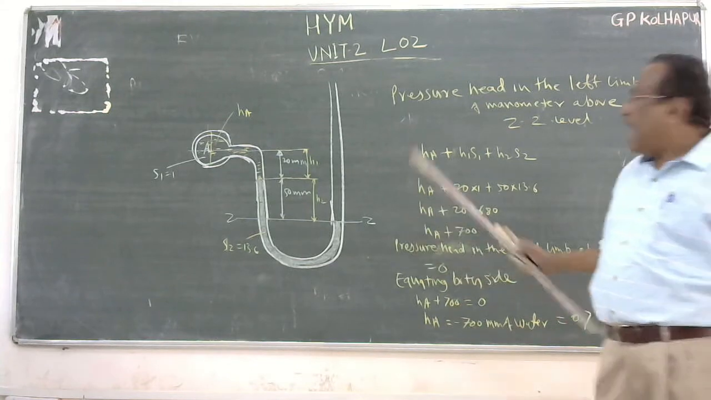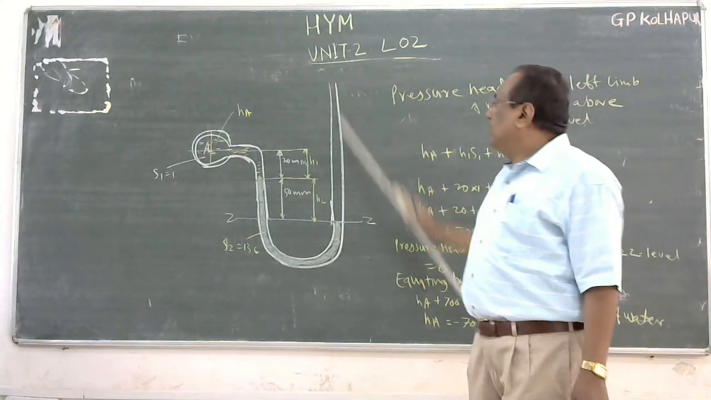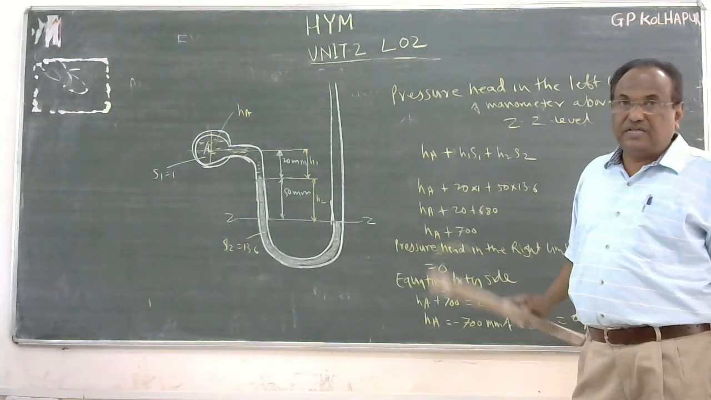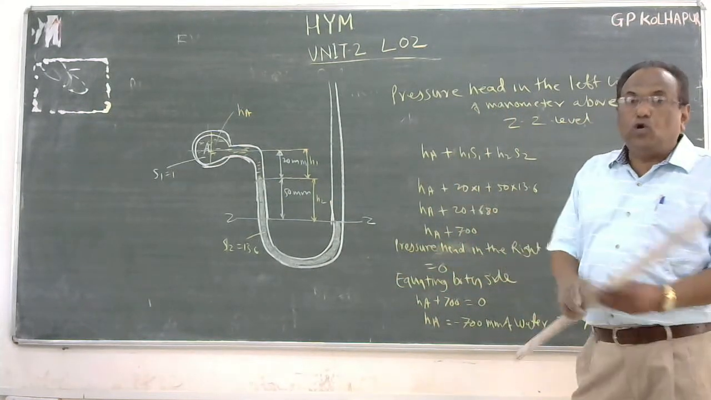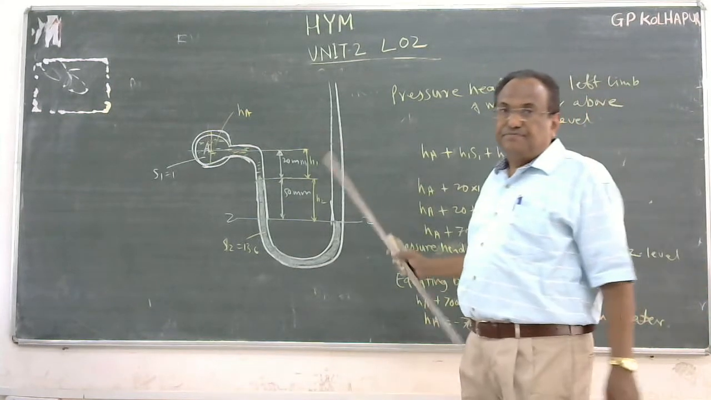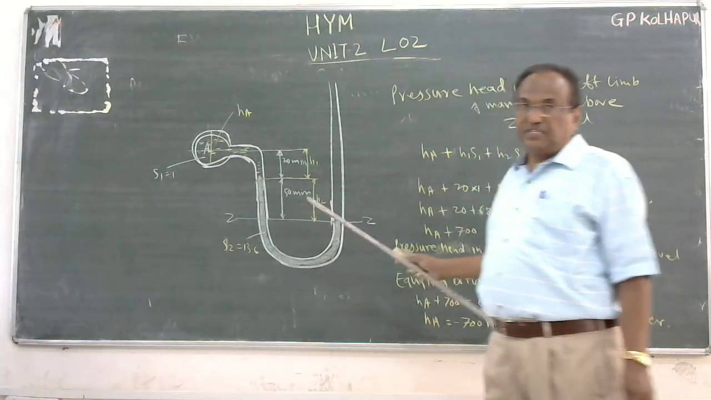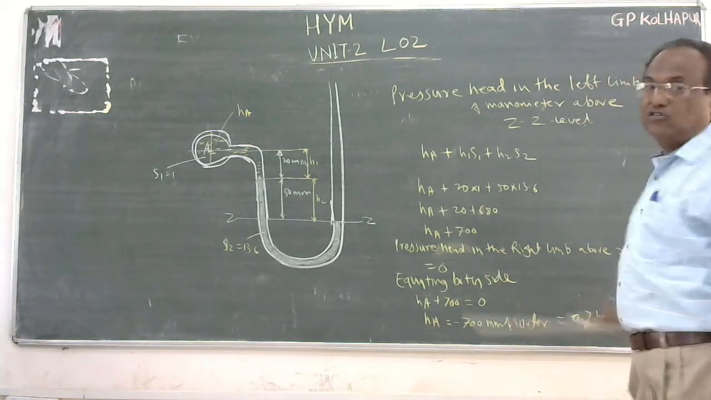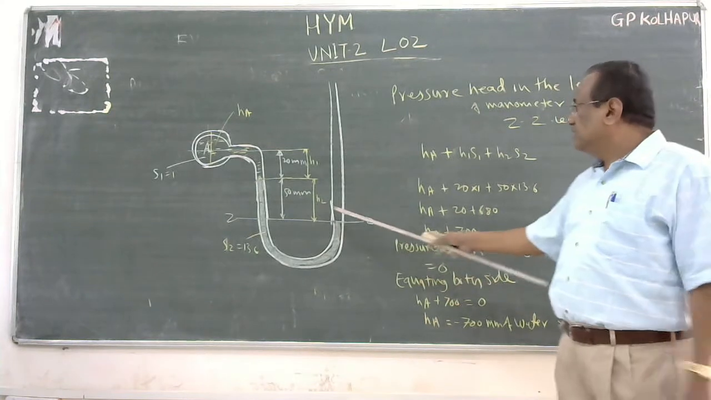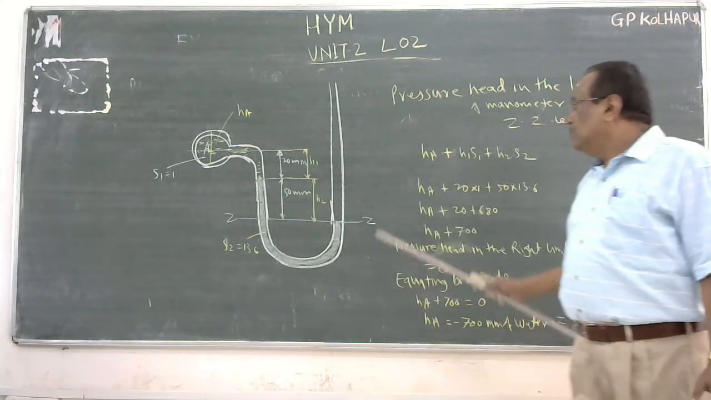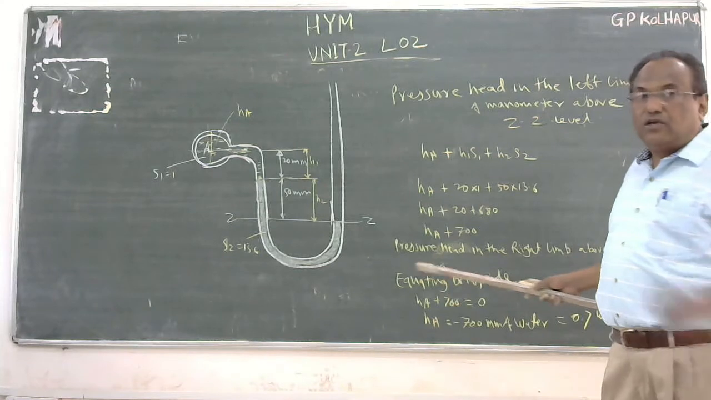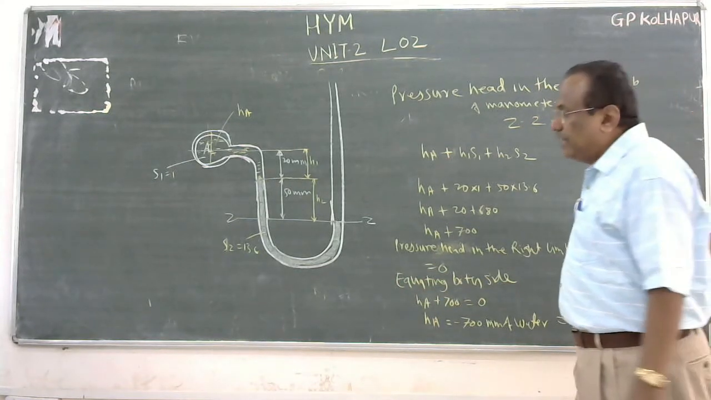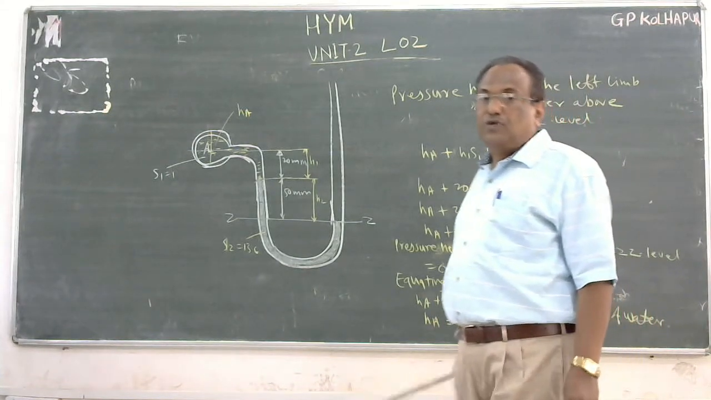As the right limb is open to atmosphere, the manometer will give you the gauge pressure, isn't it? Below or above atmosphere, that is the gauge pressure which we say, isn't it? So pressure comes out to be 0.7 meters of water, that is minus 0.7, which is negative pressure. If you want to get it in kilonewton per meter square, multiply it by the specific weight of water, 9.81 kilonewton per meter square. You will get it in